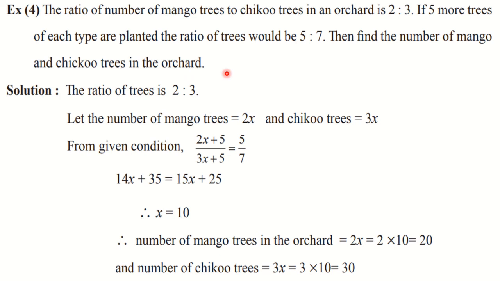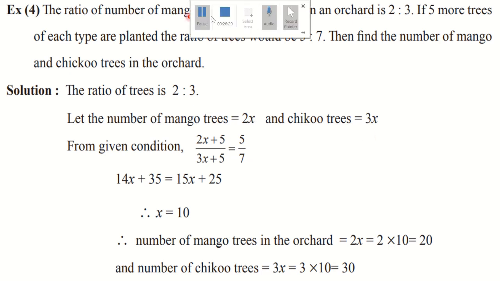So this is a word problem based on the ratio. Whenever we are provided with a ratio, always keep in mind that it has some common multiple. So always write down the first sentence as it is from the question: the ratio of the trees is 2:3. Then write, let the common multiple be x, or you can take k also. So the number of mango trees is 2x and the number of chiku trees is 3x. Don't write the number of mango trees is 2 and chiku trees is 3. This is having some multiple, so you have to write 2x and 3x.